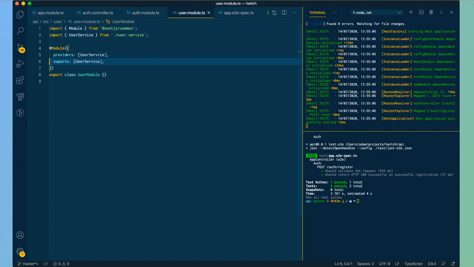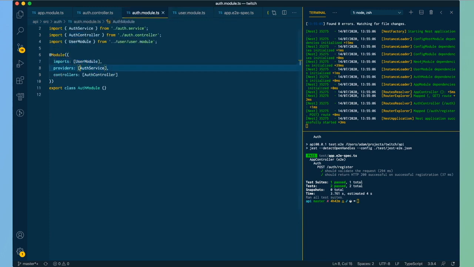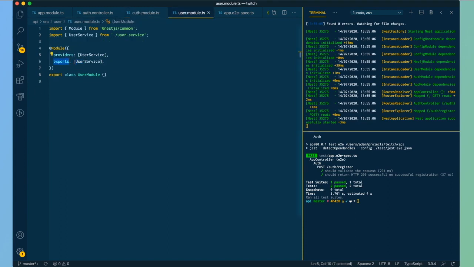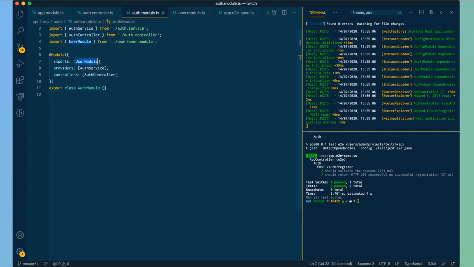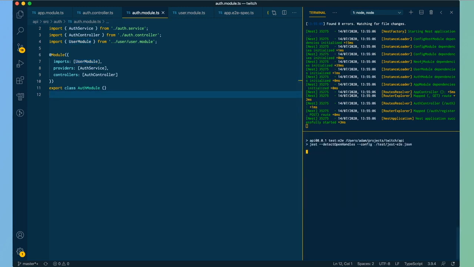Just to sort of unpack that a little bit. So we've registered the user service as something that is exported by the user module, which means that then when it is imported into the Auth module, because it's been exported, it's then available to be injected into anything inside that module. So if we have any module that imports the user module, then that user service will be available. Cool. So if I run those tests again,